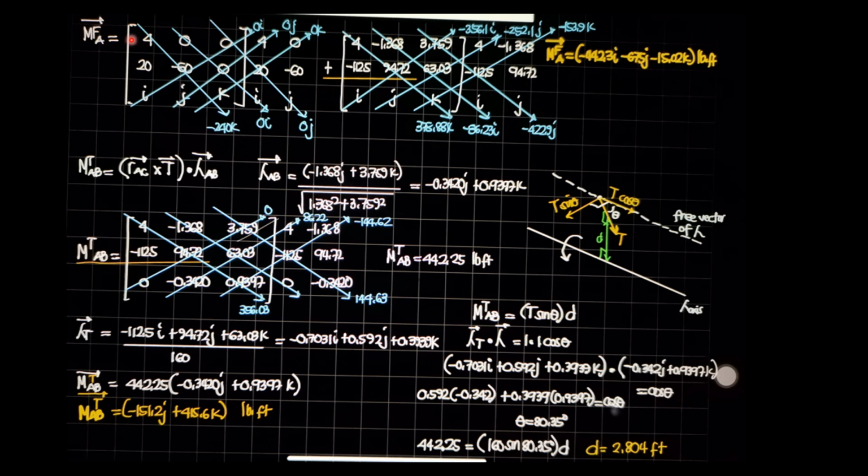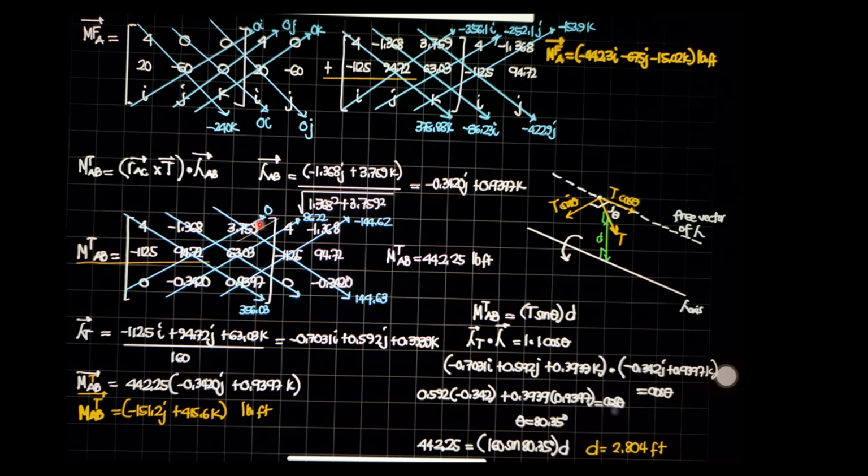And finally, for K, we have negative 240K, 0K. We have 4 times 94.72, 378.88K. Then minus that direction, since that's positive, so negative 153.9K. Combining, negative 240 plus 378.88, then plus negative 153.9K. The result is negative 15.02K, which is the same answer as in the preceding solution by scalar approach.